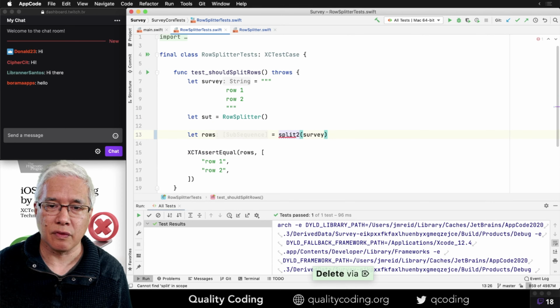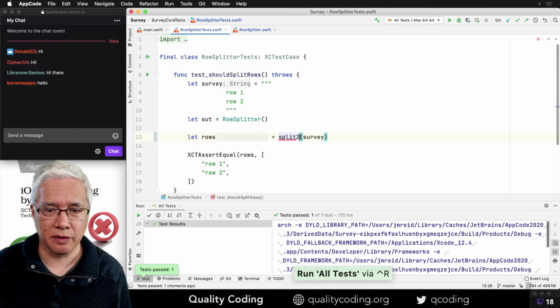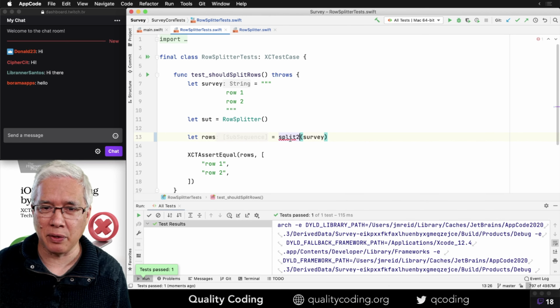Why doesn't it find it? Okay, it does find it. The red squiggly just hasn't caught up yet. And so now this is unused. I should be able to get rid of it. Good. And so now I should be able to delete that.